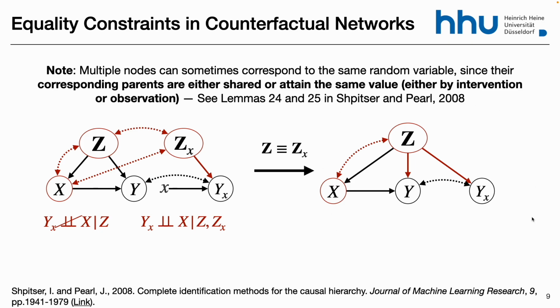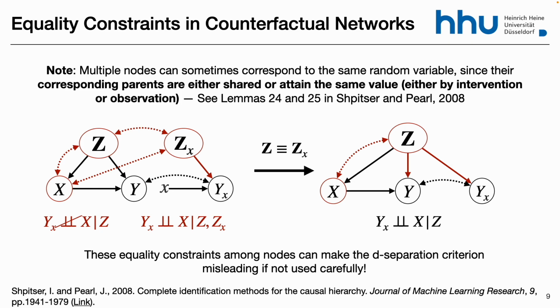But then you can use this graph to get the correct dependencies and independencies through d-separation. So Y_x is independent of X given Z. That's the correct answer. You wouldn't be able to see it before, because you would need to condition on both to block all these paths, but they are the same. So once you condition on one, you condition on both at the same time. So you need to make this transformation, and now you are able to test counterfactual quantities in a correct way, right? So these equalities are constraints that have to be dealt with.